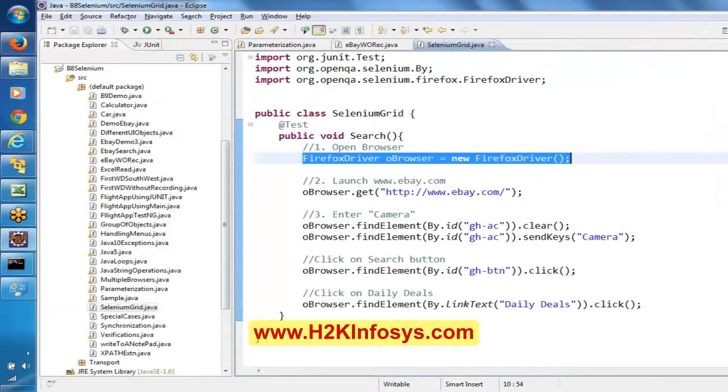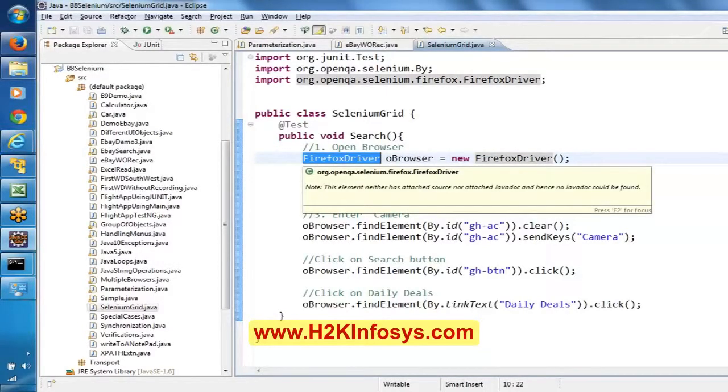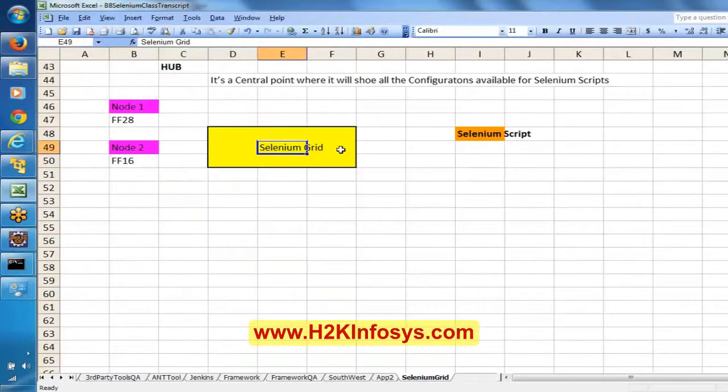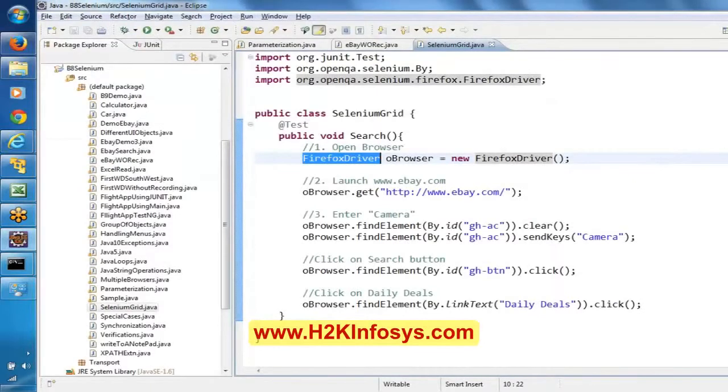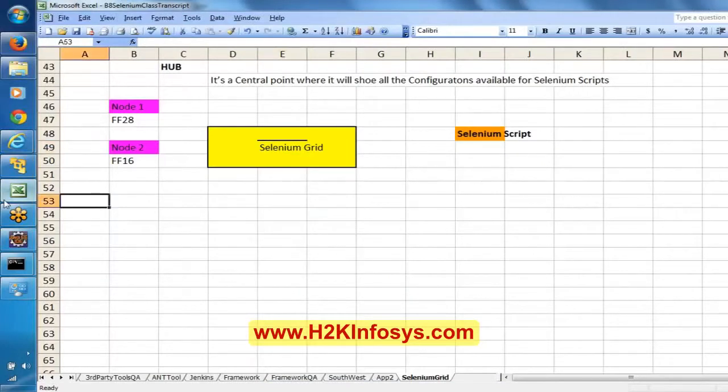This can be achieved like this. There is something called RemoteWebDriver. We have discussed Firefox, Internet Explorer and Chrome, these different browsers. In a similar way, there is a driver called RemoteWebDriver. By using this, we can connect from the Selenium script to the Selenium grid, and the grid will automatically decide based on the versions that we want to execute. Now let me make it as WebDriver. Even this also works. However, let me put the logic from here.